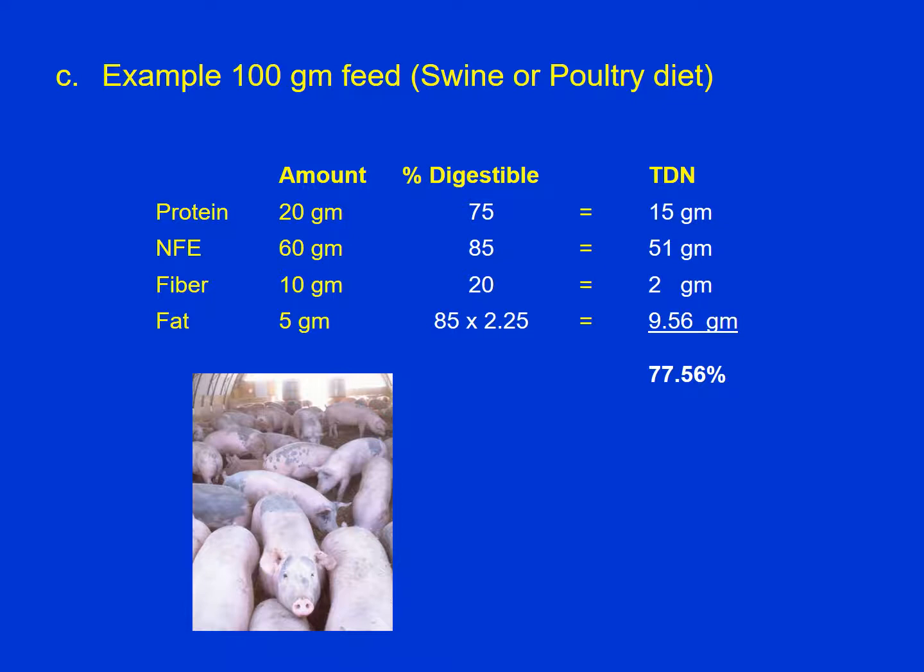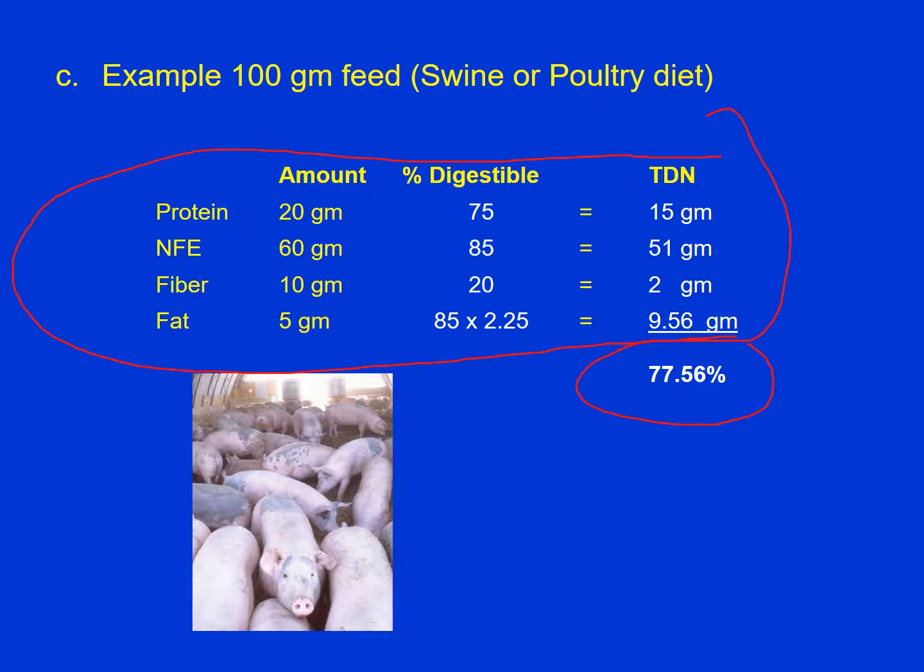So the total amount of TDN in our put-together ration here is 77.56%. So 77% TDN in our ration would be considered a pretty high energy ration. The TDN system is relatively simple, a kind of easy way to balance a ration, and people utilized the TDN system for